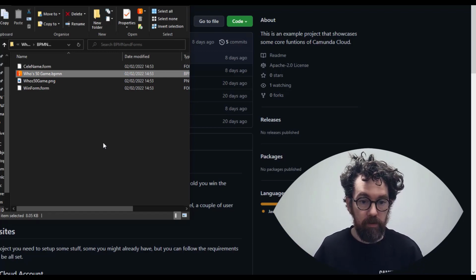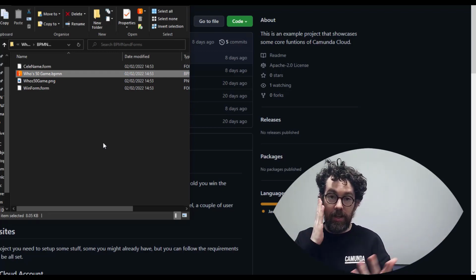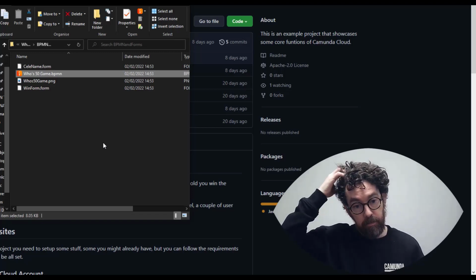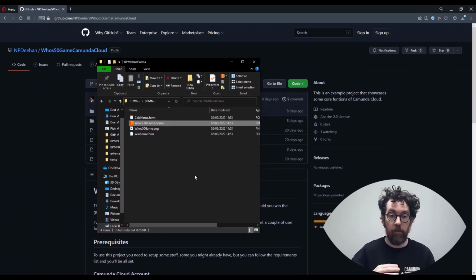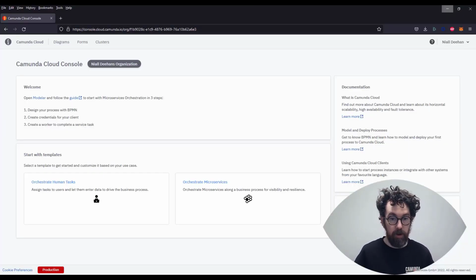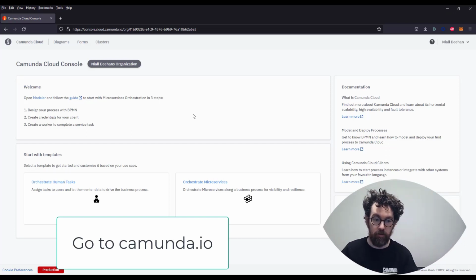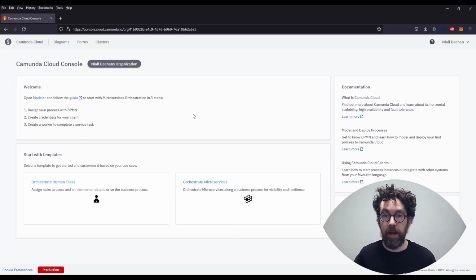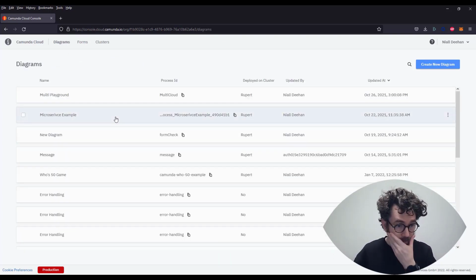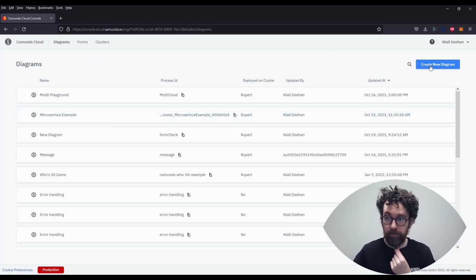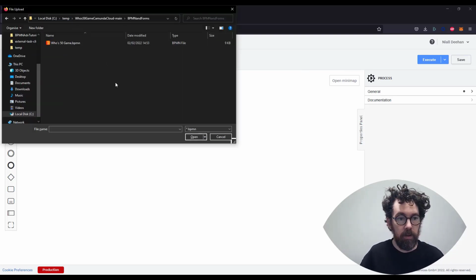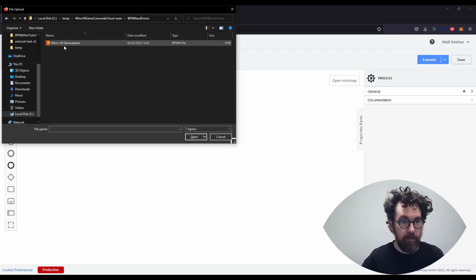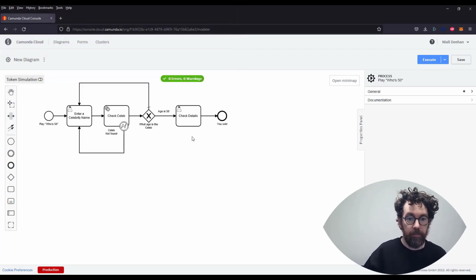So here's our model. This is the who's 50 game.bpmn, and basically I want to go ahead and deploy this to the cloud. Now, if you don't already have a cloud account, there's a link in the README. Just follow that, and where you should end up after you create a free account is this lovely page right here. So here is a place where we can actually upload our forms. So if I go, for instance, to the modeler, great, I can create a new diagram. And then, instead of building one from scratch, I will just import. And we will go to the folder that has our lovely diagram with it. I'm going to select the Who's 50 game, open it up, and there it is.